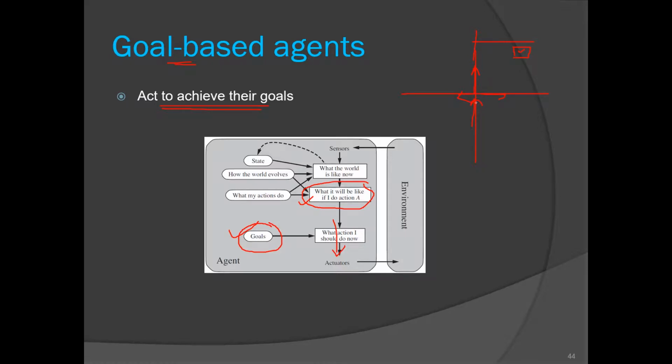These are several actions possible. Now he will select that particular action which will lead him to the destination. So if everything is fine, he will issue the action called accelerate. This is how the goal based agent works. They try to achieve their goals.